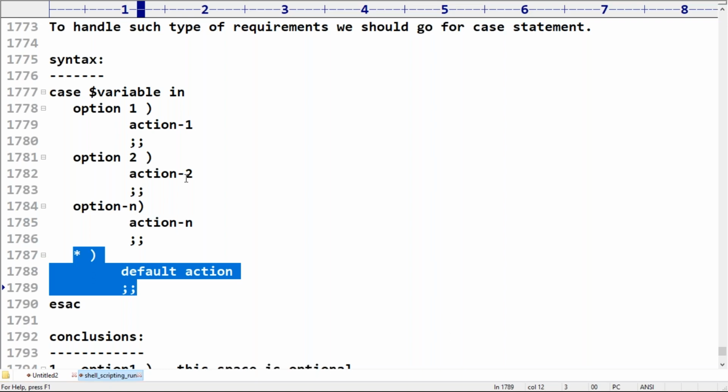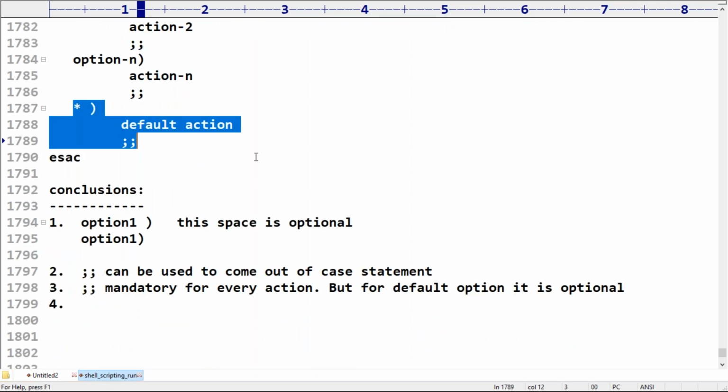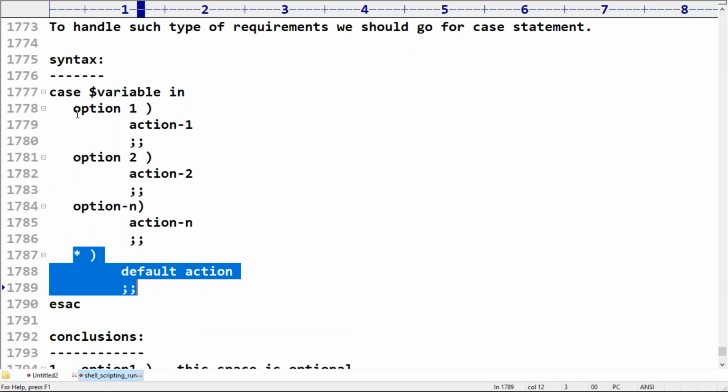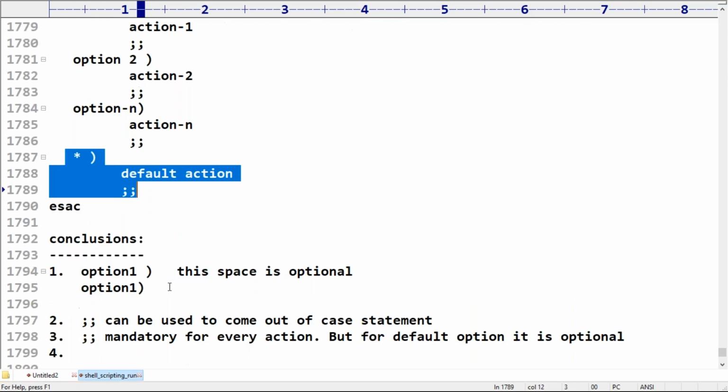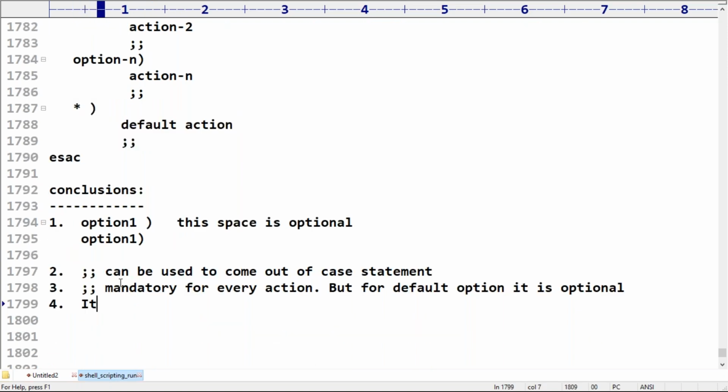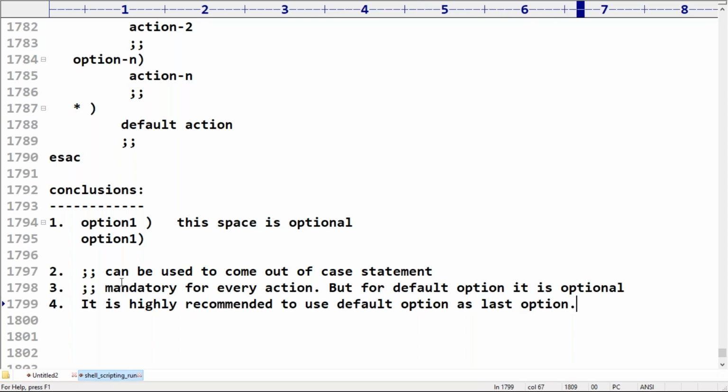Remember, we can take it anywhere, but it is highly recommended to take it at the last, because my intention is that if no other option is matched, then only the default runs. It is highly recommended as per syntax to use the default option as the last option. It is a recommendation only.